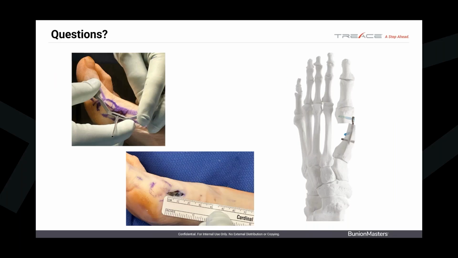Okay, we've got another one. Do you find shortening to be an issue or consideration of the first ray with large IMs in particular? That's a great question. It's funny, with Austins and scarfs, elevated lapidus procedures that were malaligned, metatarsalgia is a killer. But we have shortened the metatarsal in the MIS world 2 millimeters, because that's the size of our burr, and we don't see metatarsalgia. And it's not because of the shortening, it's because the functionality of the metatarsal phalangeal joint